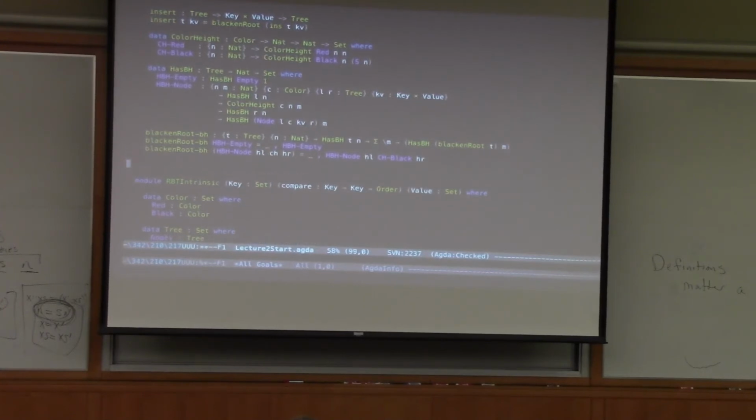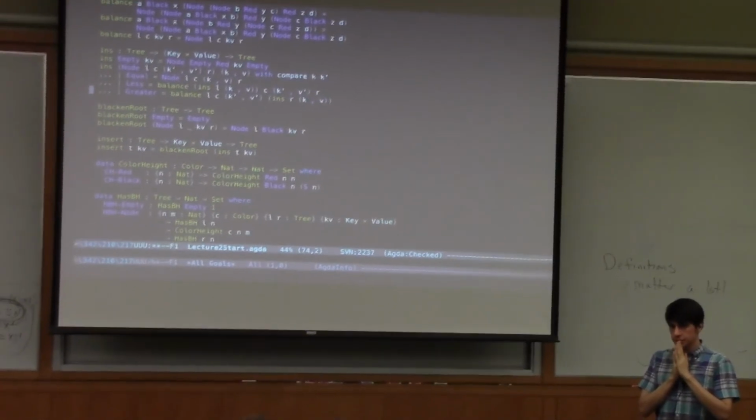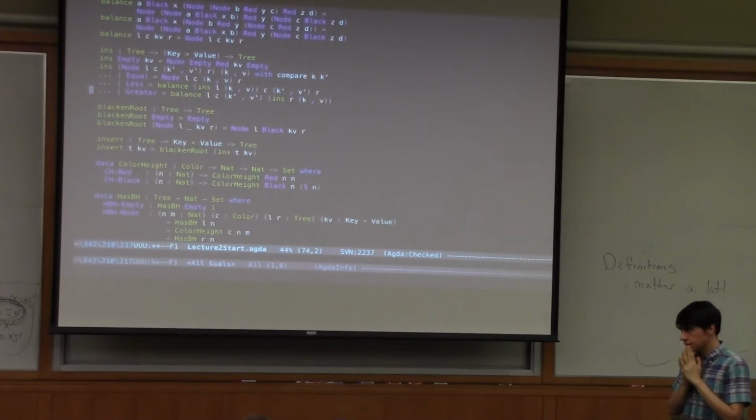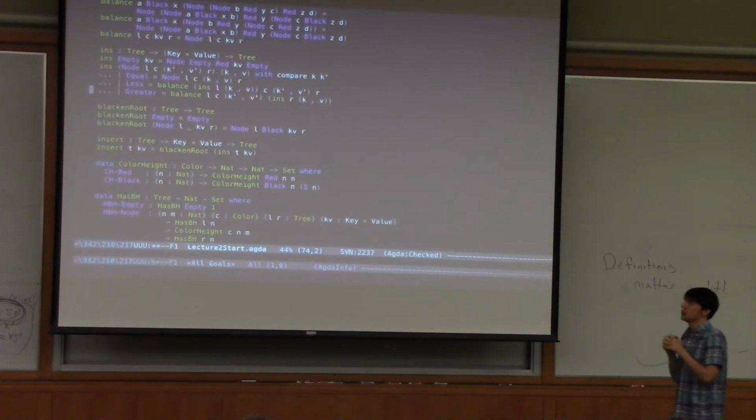If we go back up to the definition of ins and take a look at it, what does ins do to the black height of a tree? Well, empty, which has black height 1,